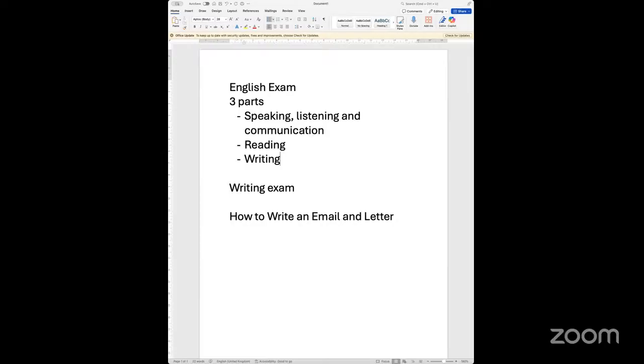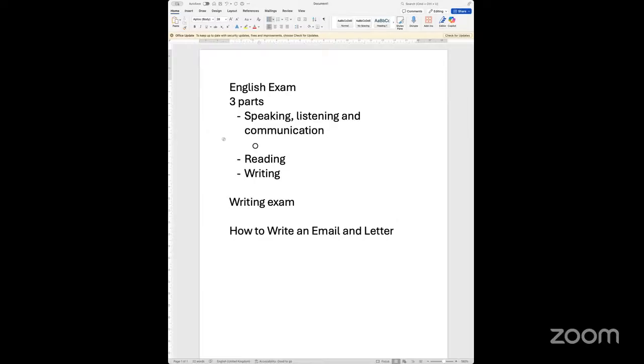And obviously, NCFE is the oldest awarding body in the UK, 175 years old, in fact, across the world. If you look at the NCFE website, it clearly says it is the oldest awarding organization in the world. So it's a very well reputed qualification. And once you do your English and Maths, you would not need to do this again because it's a qualification for life. Now, English has 3 parts to it: speaking, listening, and communication. This is an exam which typically happens like an open book exam.